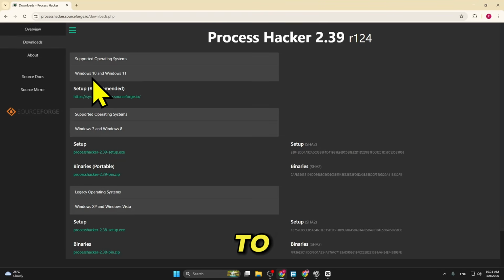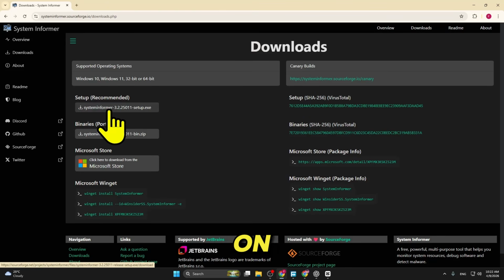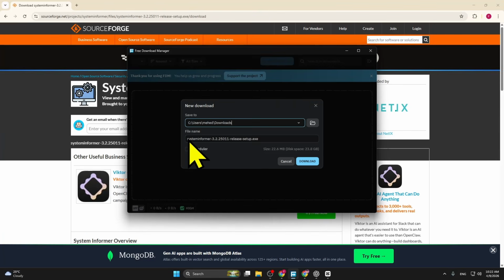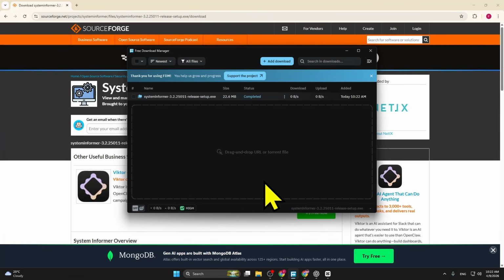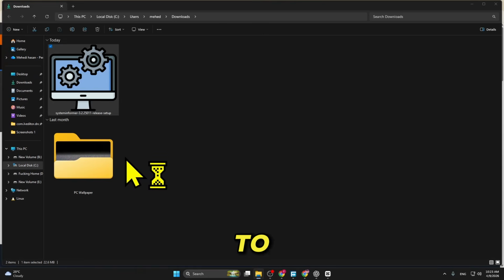And from here you're going to click on this link and click on download System Informer and then click on the System Informer setup.exe. Click on download and you can see the download is completed. Now if you click on the folder icon, click on it to set up,